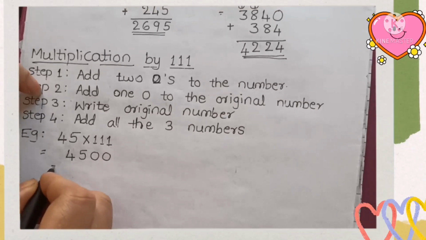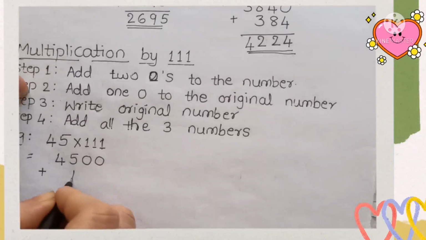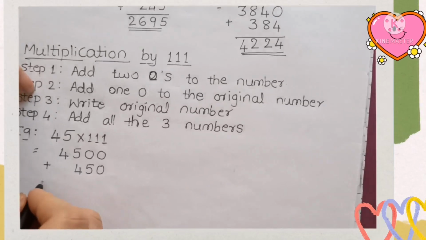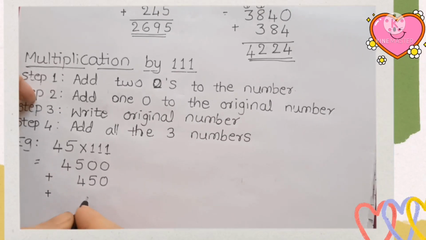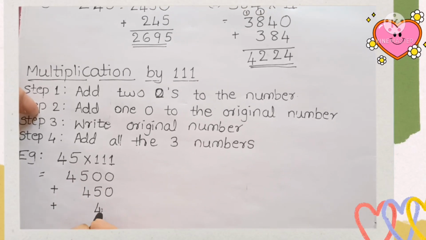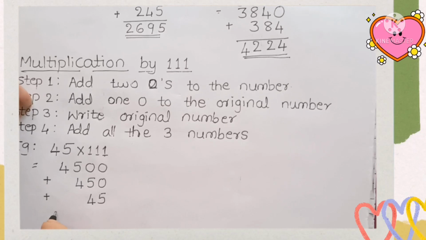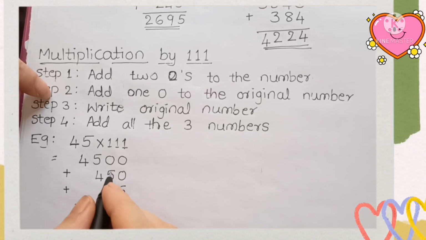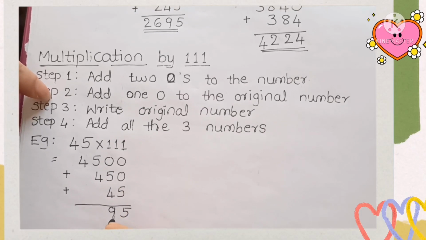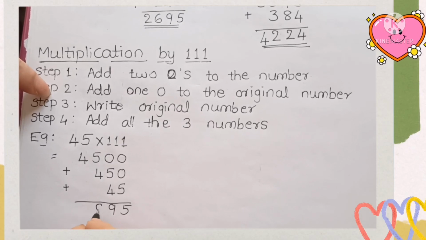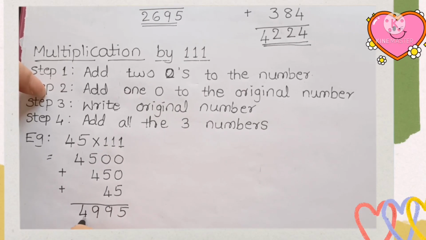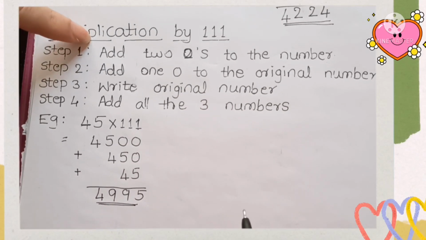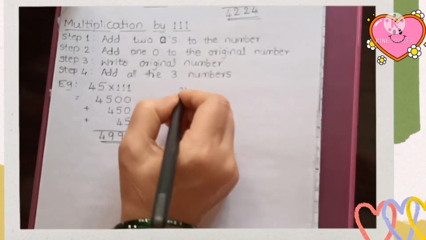तो हमारा फर्स्ट स्टेप था कि हमें हमारे नंबर को 2 0 लगा देने हैं। 2 0 लगाने के बाद हमारा सेकेंड स्टेप है कि हमें ओरिजिनल नंबर को 1 0 लगा के वो नंबर लिखना है। फिर हमारा थर्ड स्टेप है कि हमें हमारा ओरिजिनल नंबर लिख के तीनों नंबर्स को ऐड करने हैं। अब हम लोग ऐड करते हैं। लास्ट यूनिट प्लेस पे हमारा 5 आएगा, 10th डिजिट पे हमारा 9 आएगा, 100s पे हमारा 9 आएगा और 1000s पे 4 आएगा। ये देखिए हमारा आंसर कितना जल्दी आ गया है। हमारा आंसर है 4995।